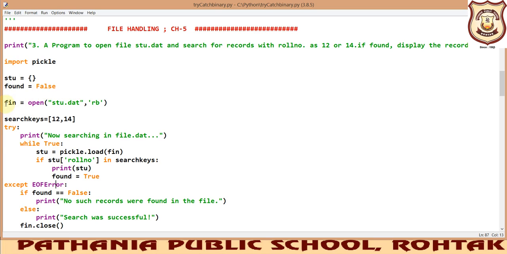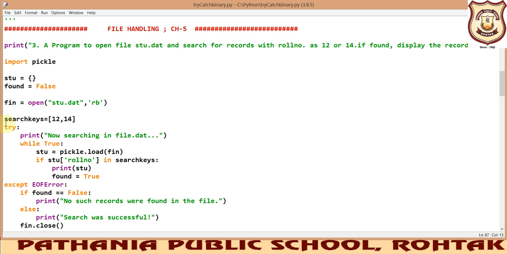Here we are using a file handle fin, and we use the open function to open the student.dat file in read mode. It is a binary file because we have written b here. Because we are going to open a file, we must ensure that this file exists on the system, otherwise there will be an error. Though we have used the try and except block to handle such errors, which we have already fixed, if it occurs, it will definitely handle it.